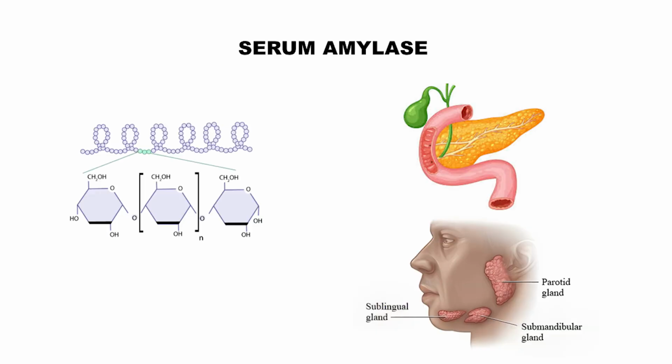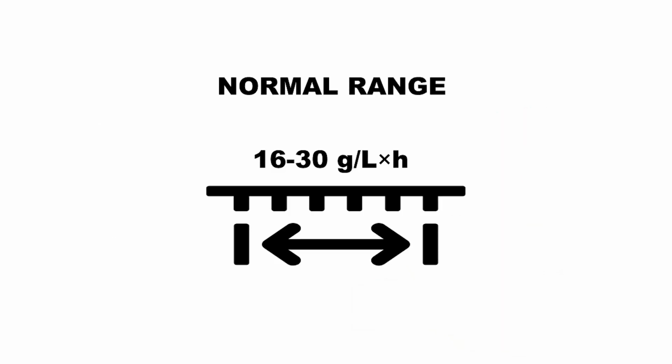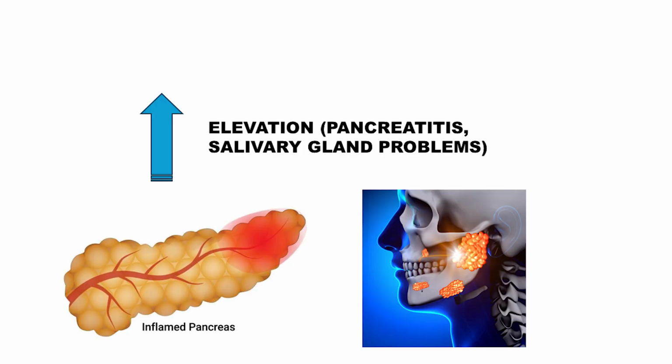water retention. Amylase is a secretory digestive enzyme primarily produced by the pancreas, P type, and salivary glands, S type, that hydrolyzes polysaccharides. The normal range of amylase is 16 to 30 gram per liter per hour. A marked elevation in serum activity is strongly indicative of acute pancreatitis, salivary gland problems, intestinal obstruction, or a perforated